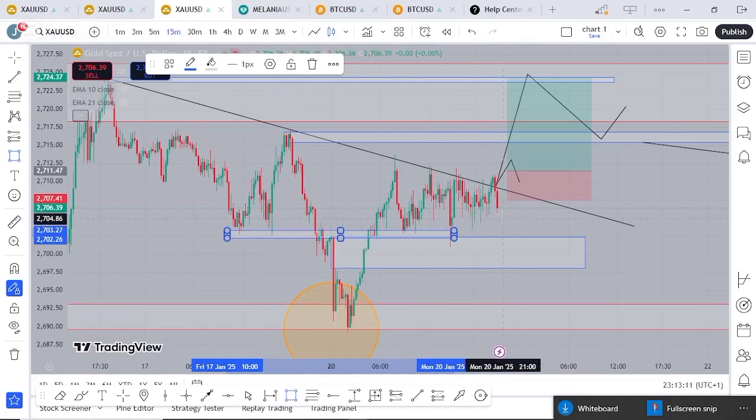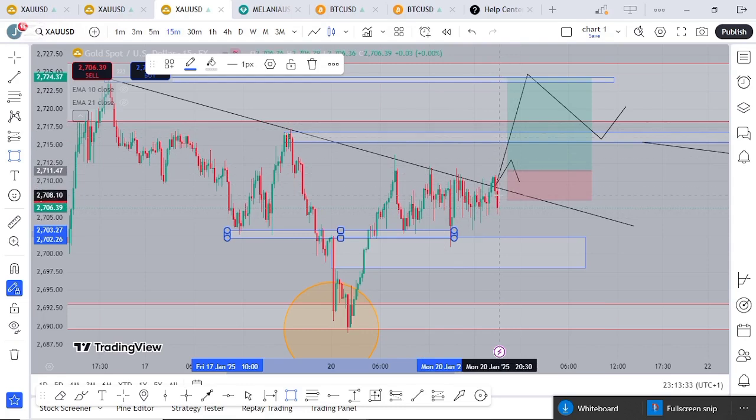All these rejection candles here are telling us something. But since we are in a choppy mode, we have to see a clear break and retest before we enter, so that we will not be a victim of the manipulation going on at this zone, because it's a sign of low volatility and low volume in the market. So we have to see a clear break and retest of this choppy mode before we can go inside, guys.